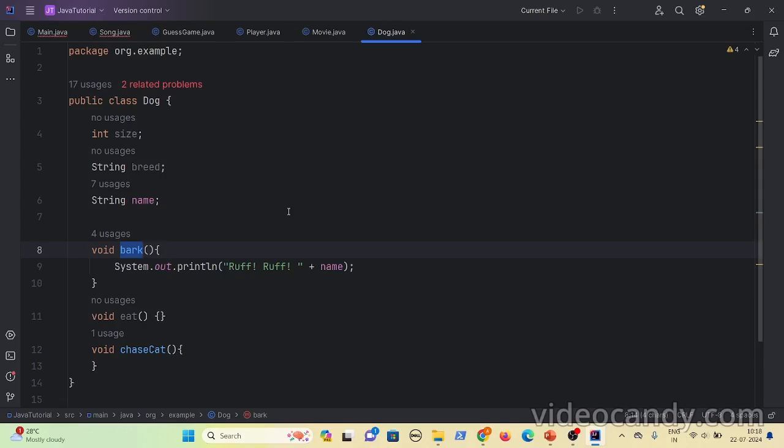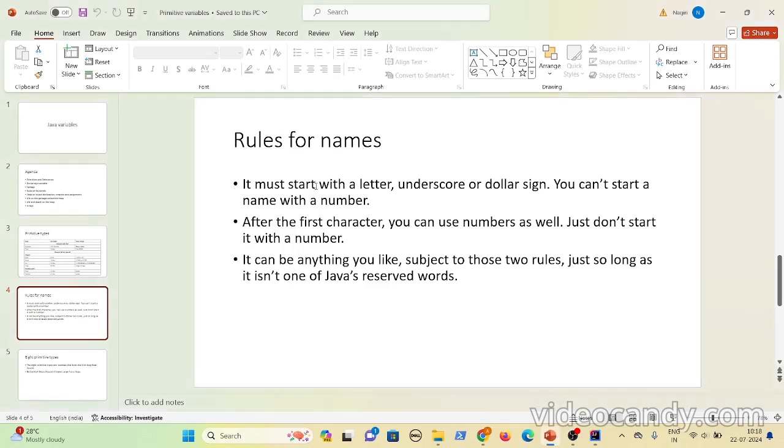But though people can use their own names, there are two specific rules that anyone should follow while declaring a name for any class, method or variable. So what are those rules? If you look here, it must start with a letter, underscore or dollar sign. You can't start a name with a number.